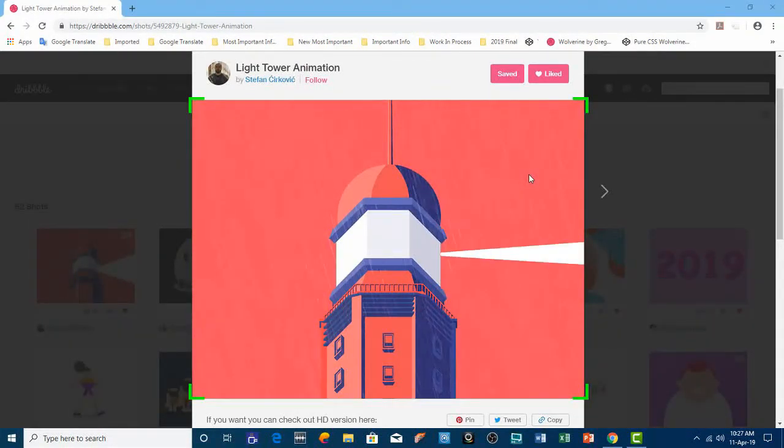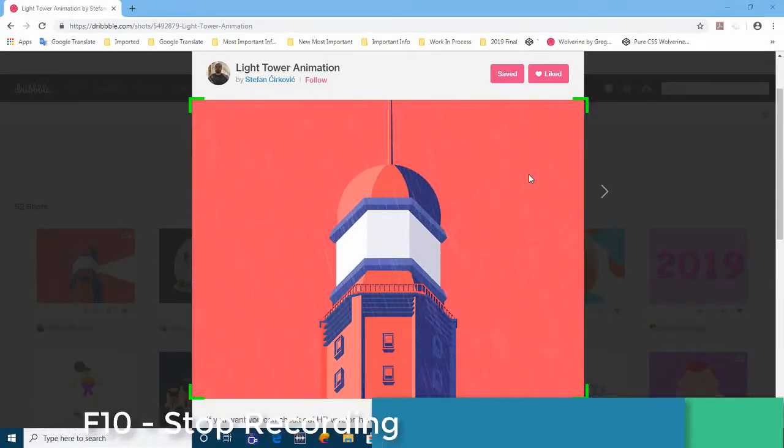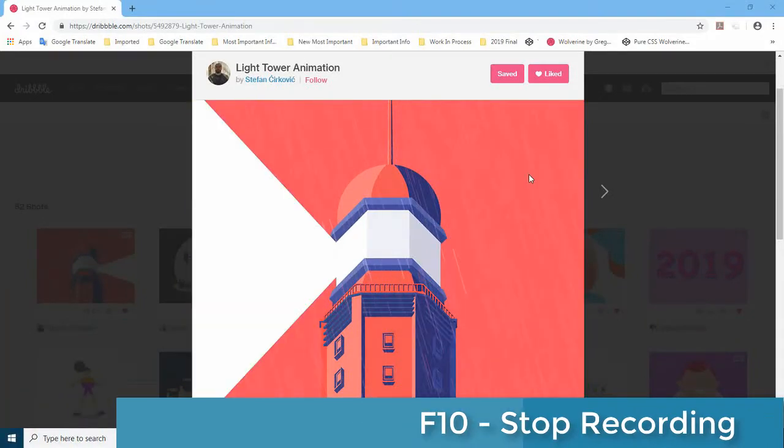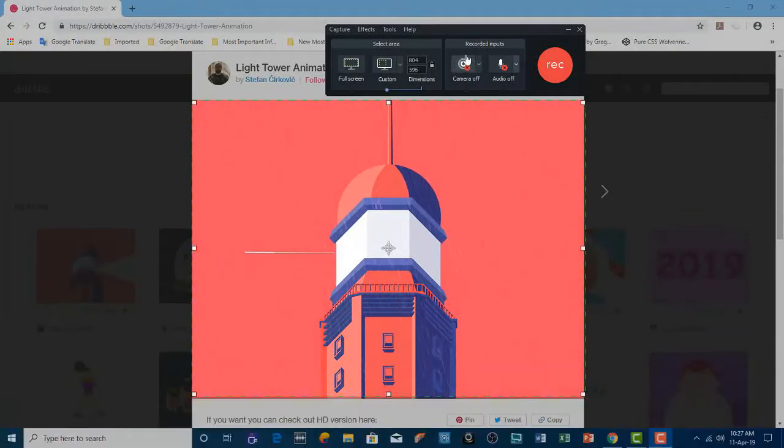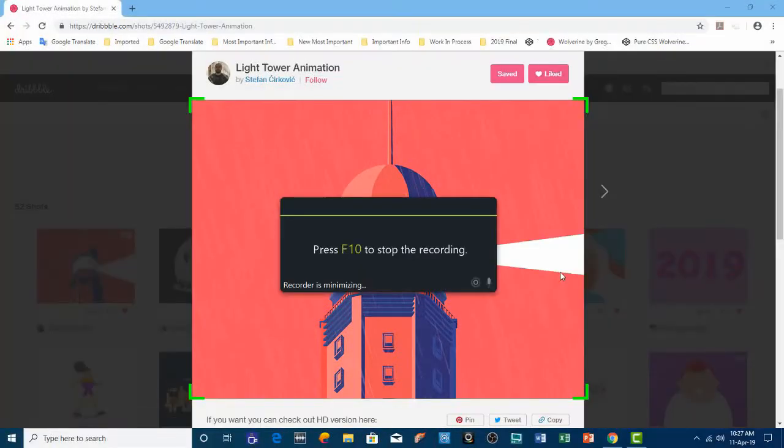So I will give it one more shot, 2 shots actually. That's fine. Now I am going to press F10 to stop recording. So that is the shortcut key to stop the recording. Otherwise, if you let me start the recording again